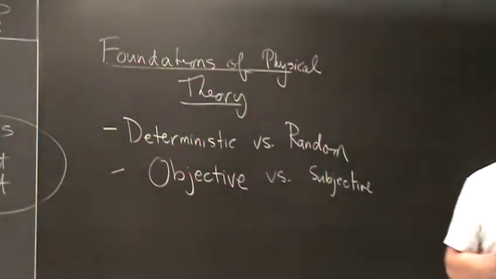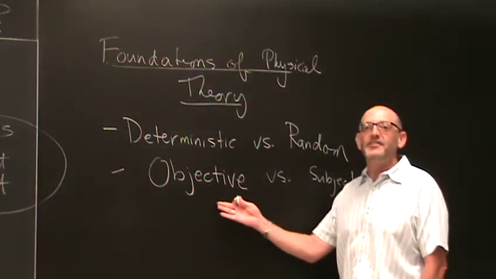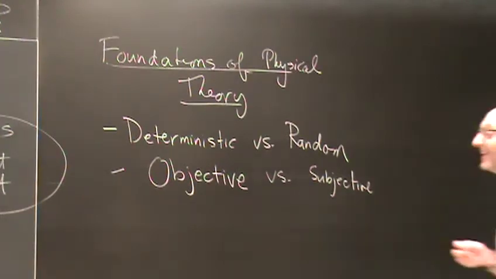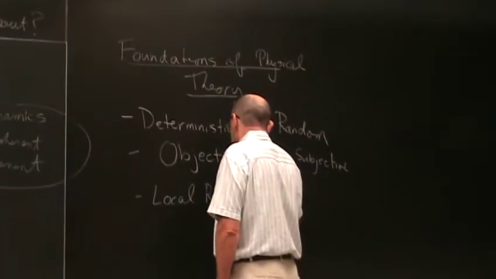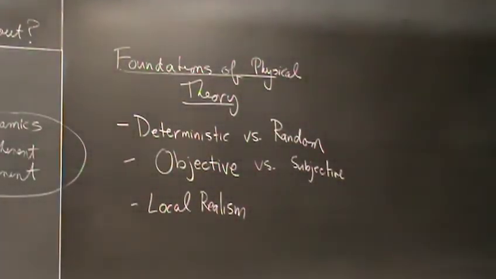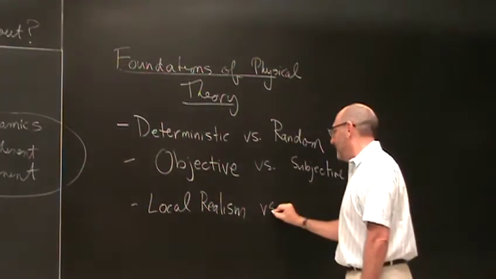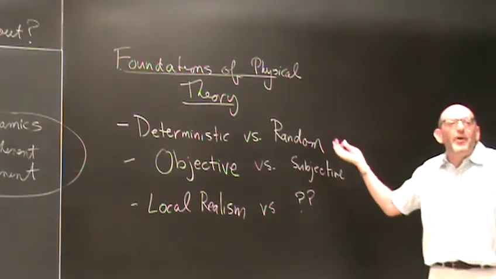This is a discussion we continue to have, and it continues to be at the heart of our understanding of what we mean by quantum mechanics. Are things objectively real, or in some ways subjectively real? And that is the whole term real. Is there a notion of local realism where an object has a property unto itself that is objectively real? And if not, what the heck are we talking about? What is even the alternative to that?